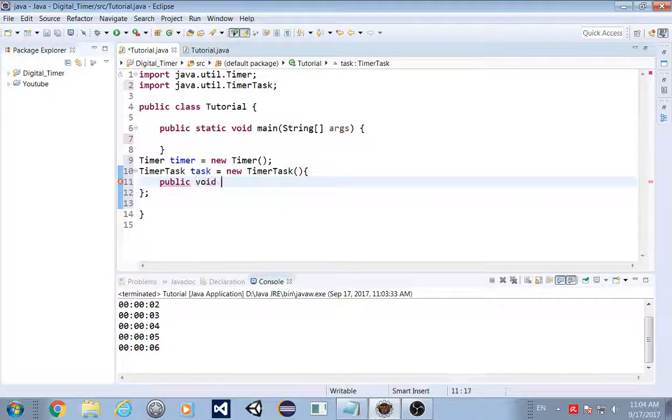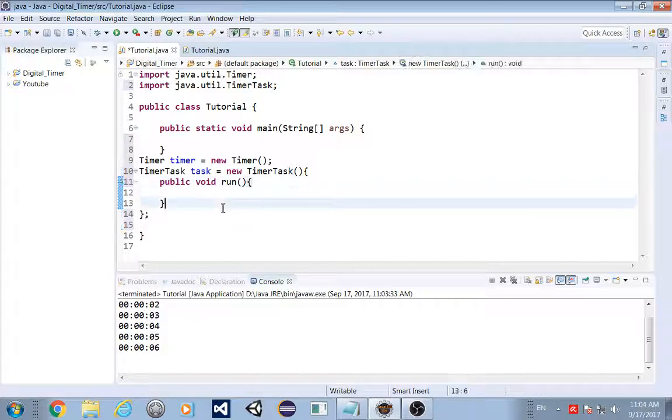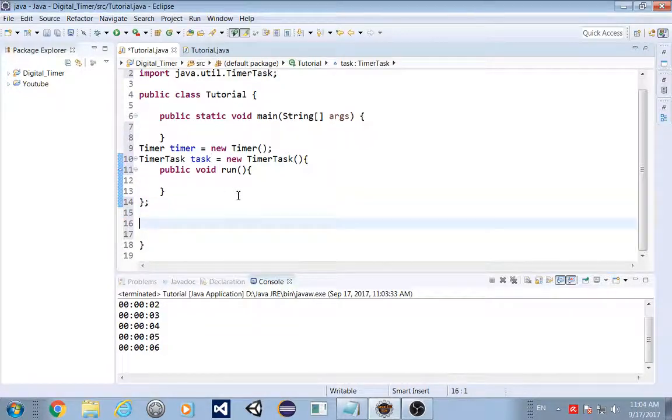Public void run, and then we're gonna use the schedule function of the Timer class to run the timer every second.